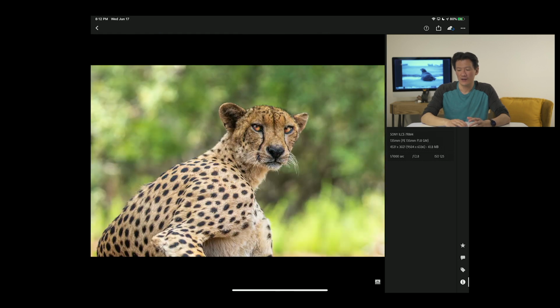So with images like this, there's nothing wrong with them. Here's another one with a cheetah, the same cheetah that I showed you an image of before, taken with a 135mm lens, very tight crop. Nothing wrong with this image, but